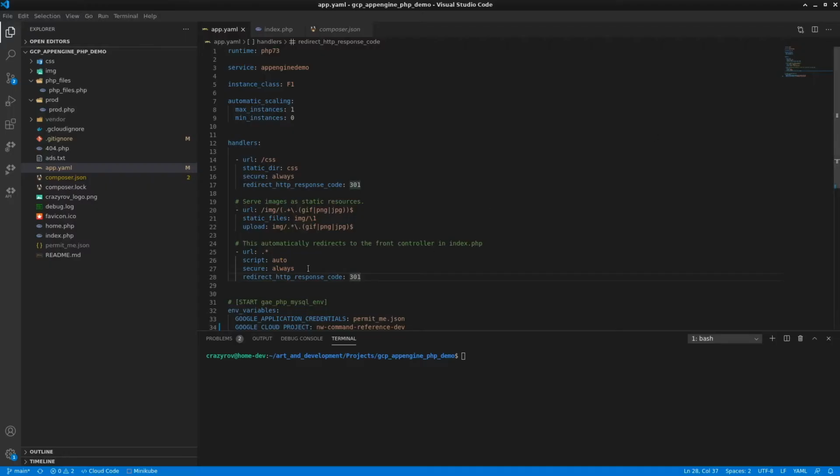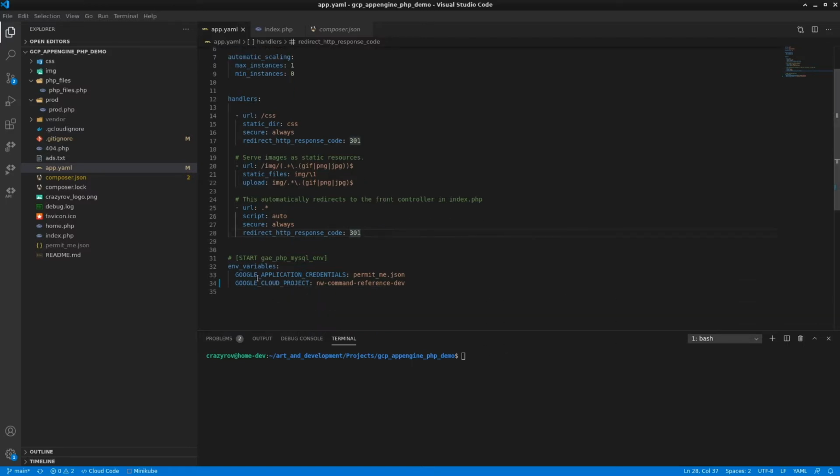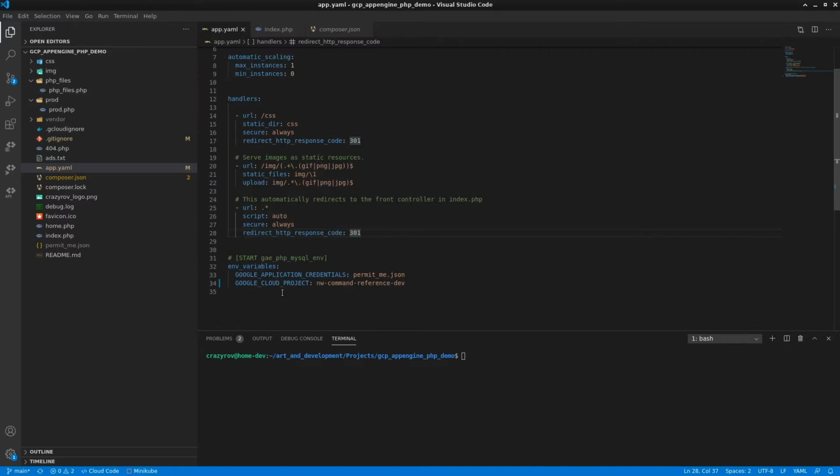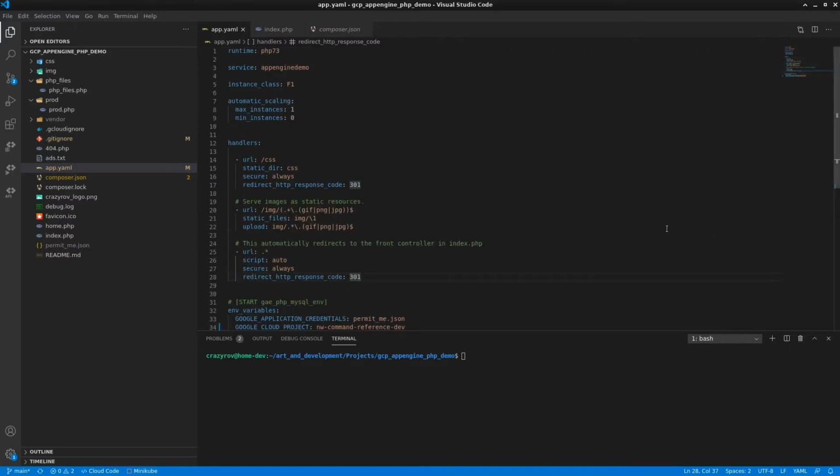If I show you my app.yaml, that service key is right here, which I have renamed to permitme.json. So now in order to use the service key, you have to use an environment variable called Google Application Credentials, which is defined here under the environment variable element. So the environment variable element of your app.yaml defines all the environment variables that you want to use within your application. On the app.yaml, you will also see a number of other elements defined. So let's go through the ones which are required. So the ones which I have here are all the mandatory elements that you have.